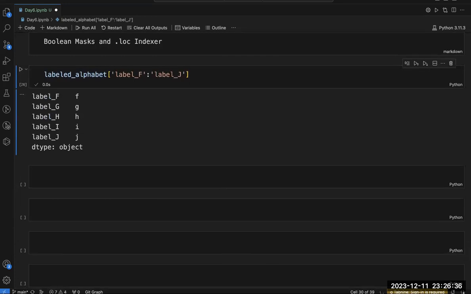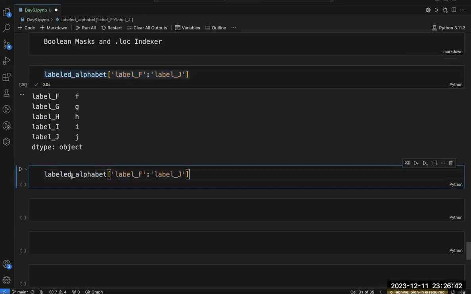So what is this loc? Let me copy this, paste it here, and after this alphabet I am simply adding dot loc. This is basically my dot operator, dot notation, dot loc. So now, why this loc?